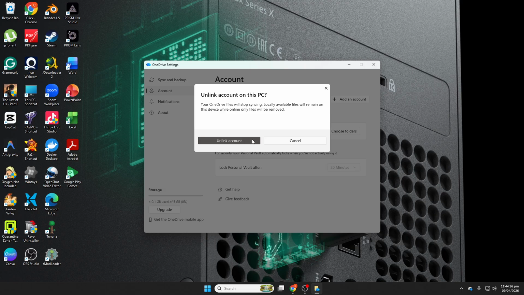A few quick tips before we wrap up. Unlinking doesn't delete your files. If you need space locally, you can manually move or archive files later, but be deliberate so you don't remove something important. If you decide to resume syncing in the future, open OneDrive and sign back in with your account to relink this PC. Also, if you were using both personal and work